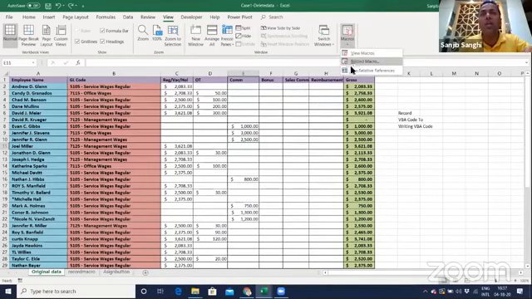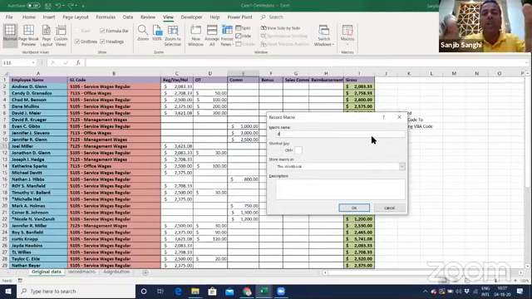You have to click here and give a name to it, saying delete data, whatever name you want to give. Make sure that there is no space in between, and it is case sensitive. Whatever name you give, there should be no space in it. And you may want to create a shortcut for this as well.